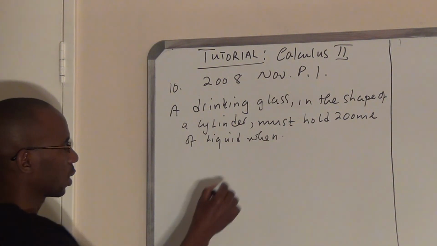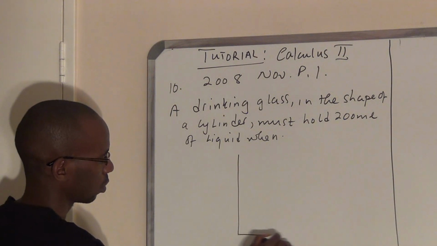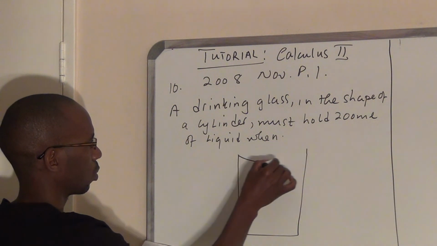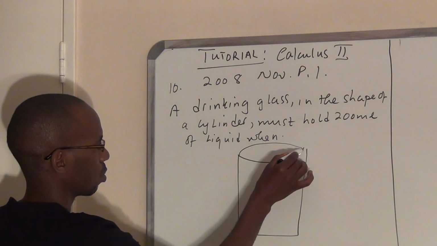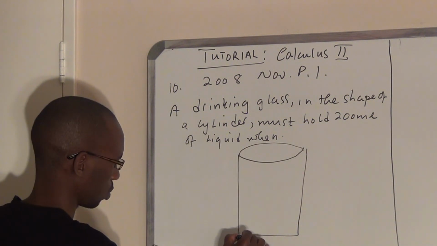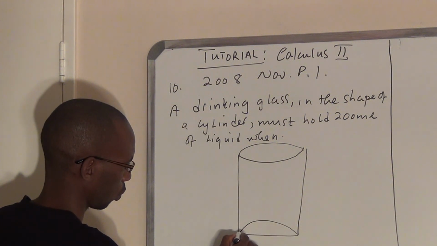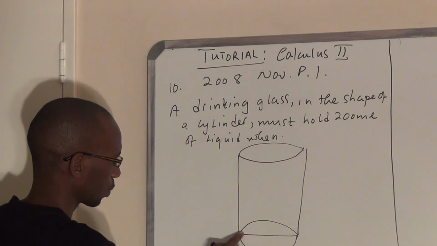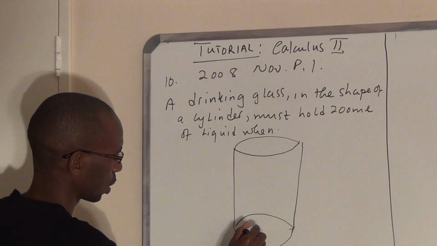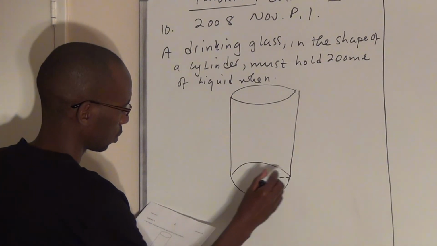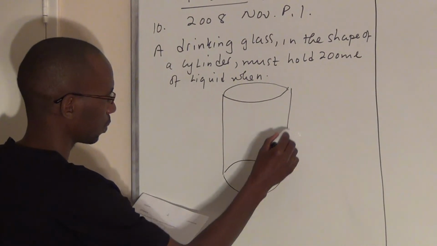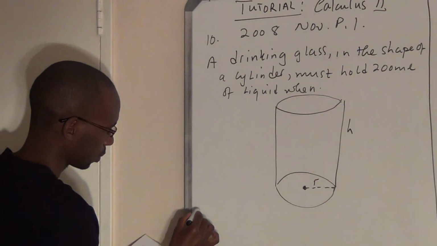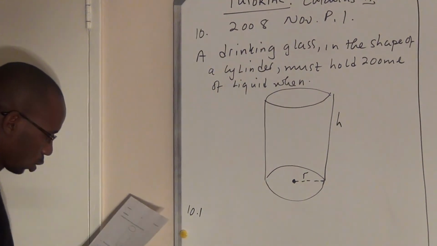It's essentially a cylinder. Excuse my drawing. Center, radius r, height h. Then question 10.1, show that